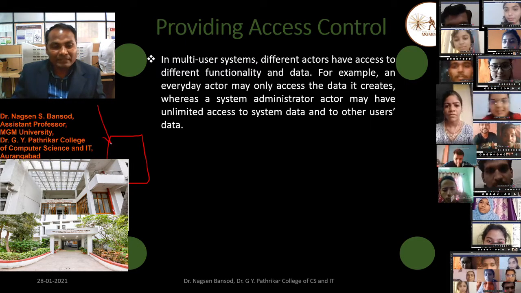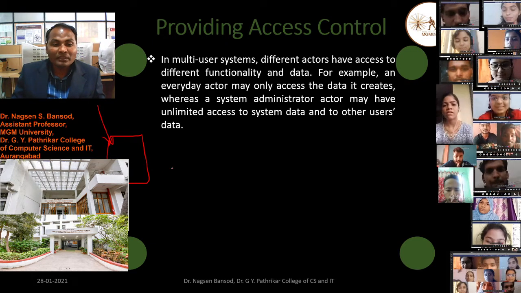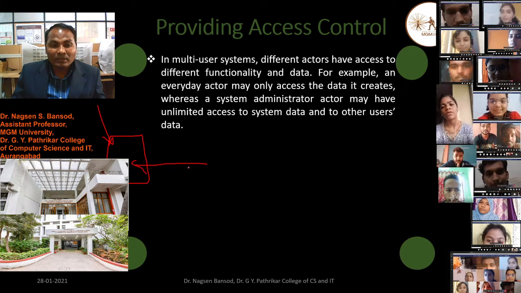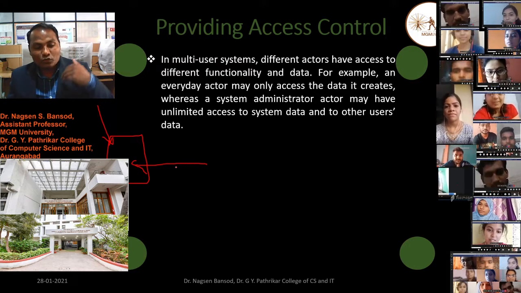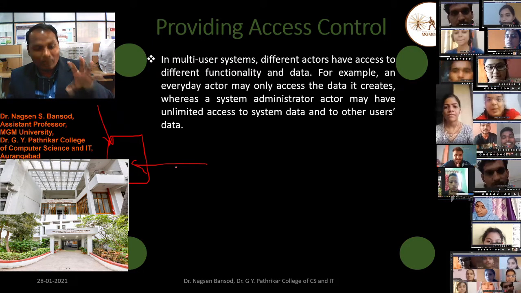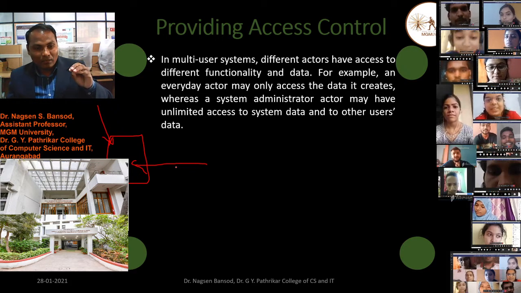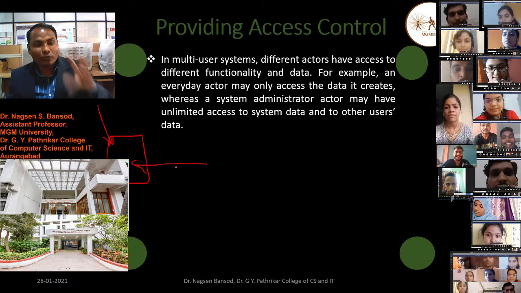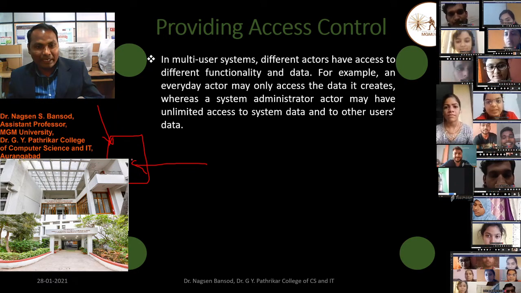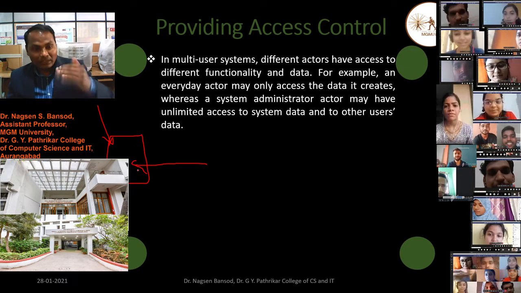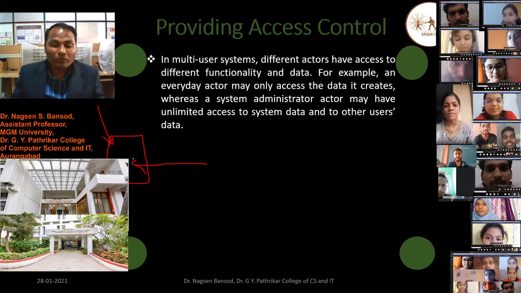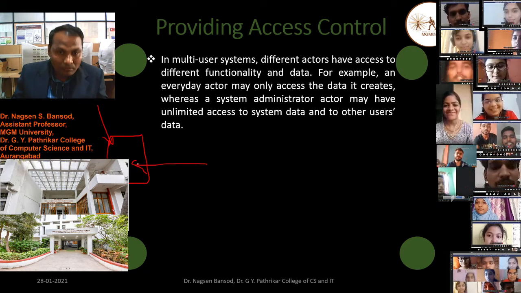We have that access, but the bank manager has different access. He can store the amount, he can deposit, he can open the machine, he can count the balance in the machine, he can perform some operations in the machine,